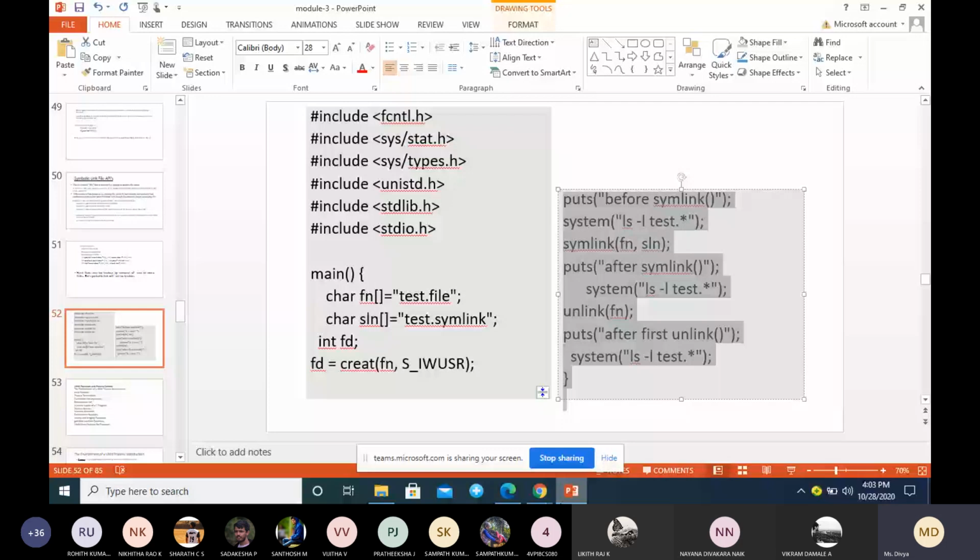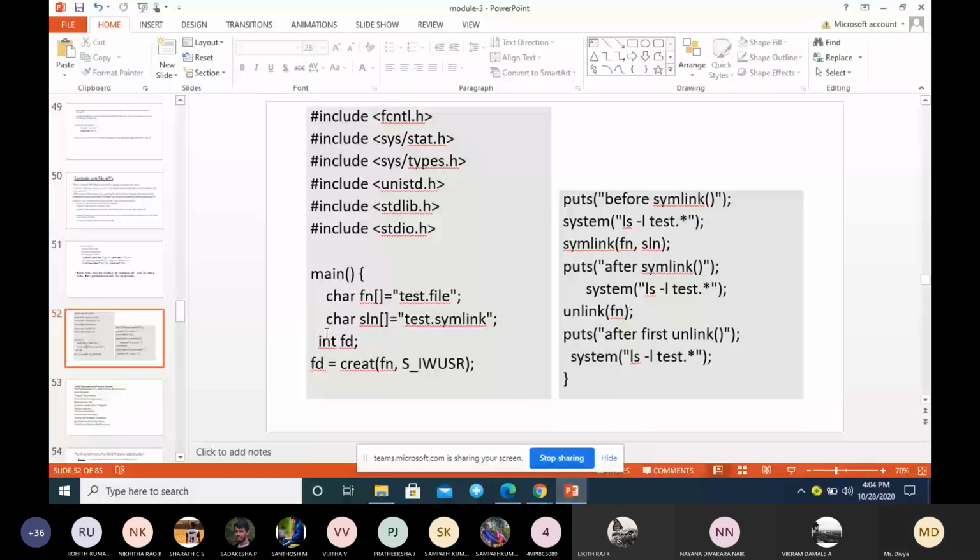So you can either refer to the textbook's example, or you can refer to the example which is here. Whichever is comfortable, you can refer to those examples.